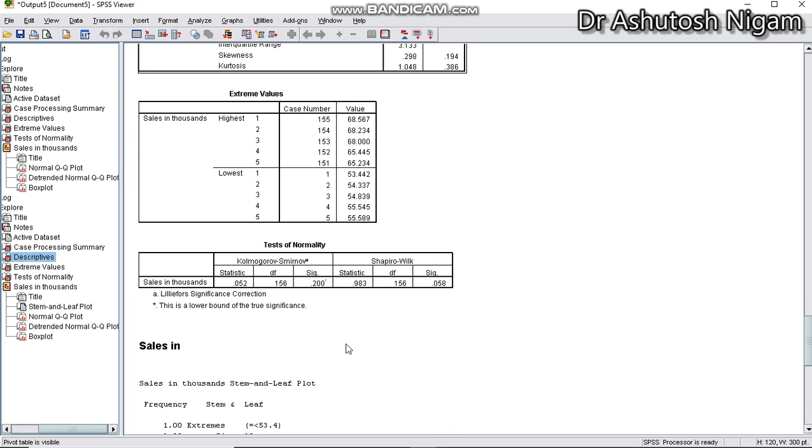The best measure to check the normality numerically is the Kolmogorov-Smirnov test. Now, if you see the significance value of the KS test, it is 0.200. So 0.200 is more than 0.05, so we are going to accept the null hypothesis that our data is normally distributed. If this value is less than 0.05, in that case we say there is an issue with the normality.